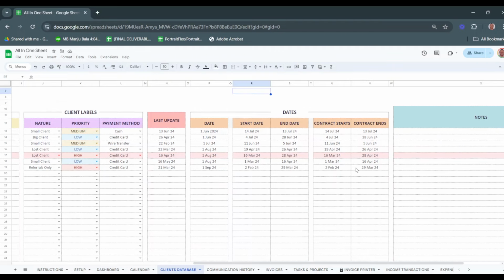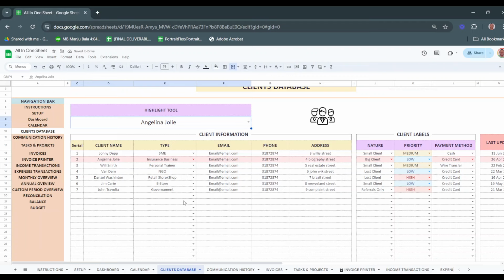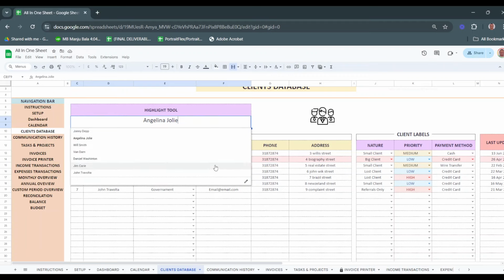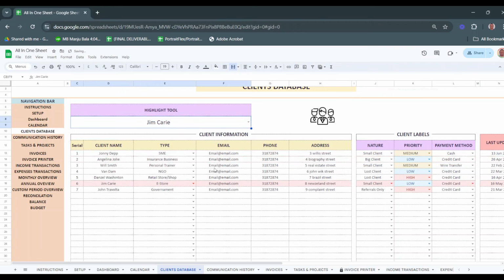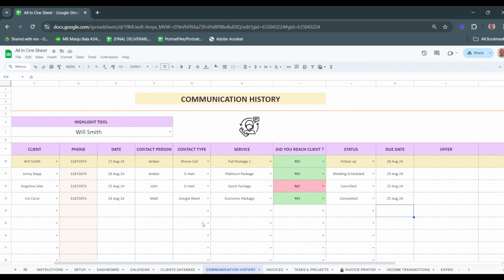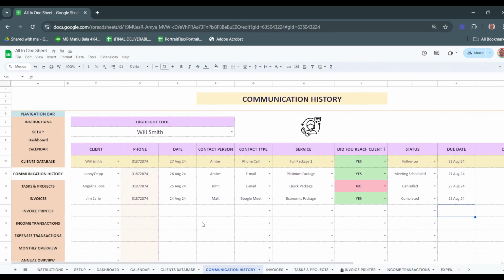Now to the communication history. This is how you fill this, and if you have any notes, you write that. There is here a client highlighter tool. So if you want to see all the transactions for Angelina Jolie, for example, it will be highlighted here. And if you want to see all the inputs for Jim Carrey, you'll find it highlighted here. So the highlighter is a very important tool here to make it easier for your eye to